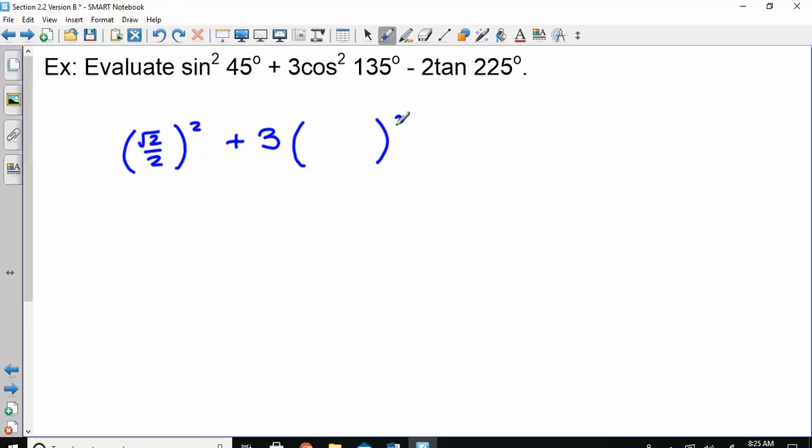Cosine squared of 135. What quadrant is 135 in? 2. Reference angle, what would you do? 180 minus 135 is 45. In quadrant 2, is cosine positive or negative? Negative. Cosine of 45 is